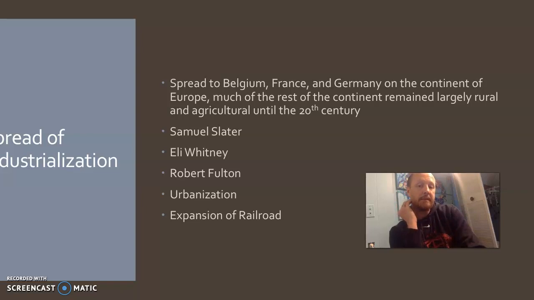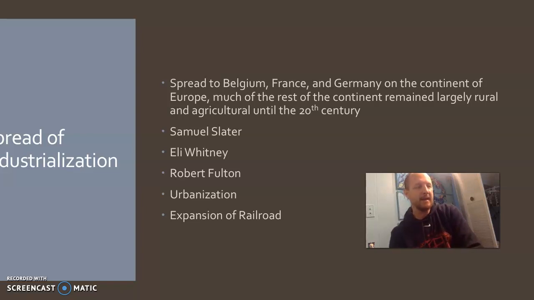Well, the Clermont was able to go 9 miles per hour up the Hudson River, and that made a huge difference. And pretty soon there were entire fleets of these steamboats going up and down the Ohio River and the Mississippi River and the Missouri River and the Hudson River. And it made it possible to ship things much more efficiently. We talked about how the prices actually come down because shipping prices went down. That makes food more available and so forth.